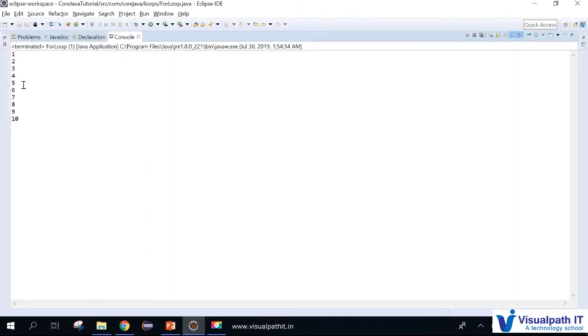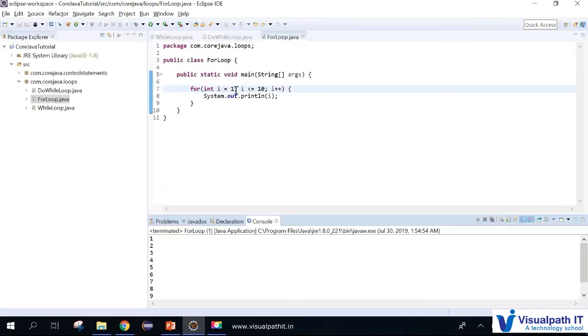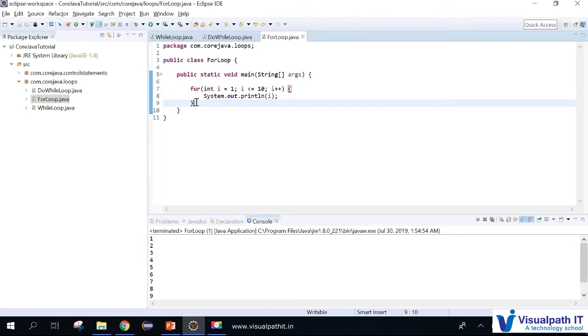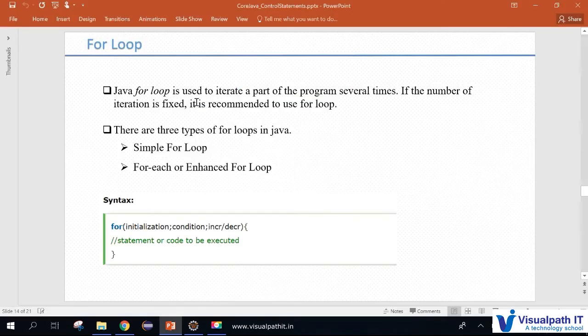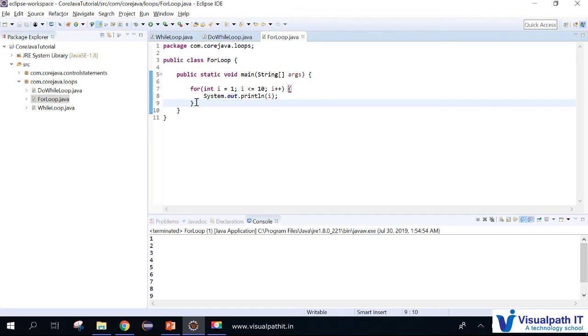So this is about printing 1 to 10 values with a simple for loop. These are standard for loops, and there is another for loop which we have, which is the for each loop, which is what I mentioned here. There is the enhanced for loop. That syntax actually looks like,